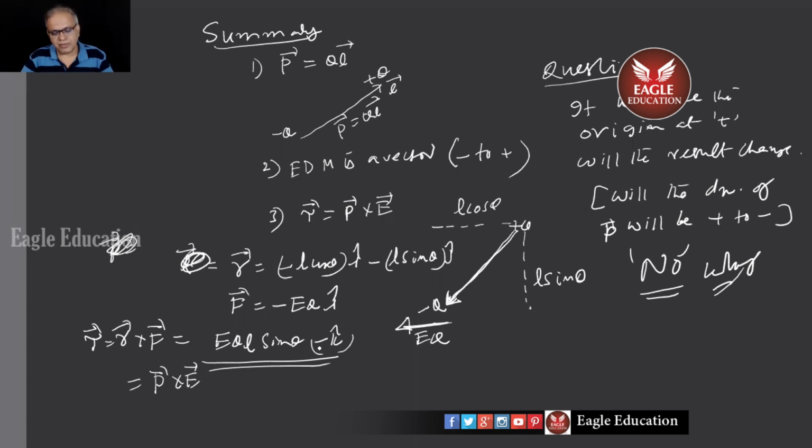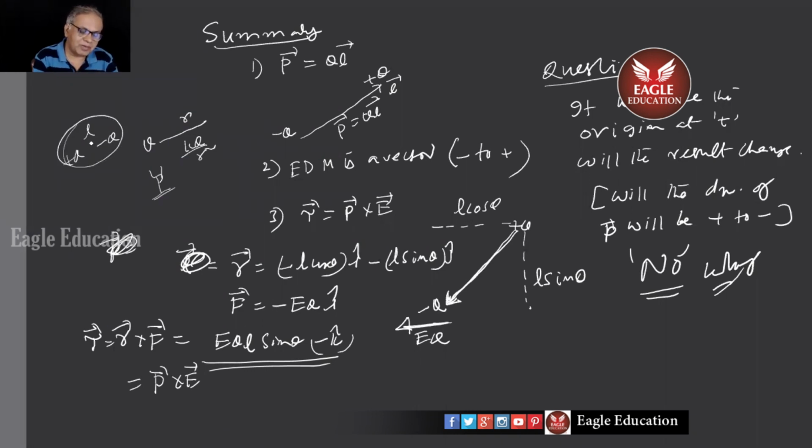But one more way, if you look at it, children, I found out the electric field at distance r, which I wrote as kq by r square. Now I would like to write it in terms of P. That's the reason why I did all these things. P takes care of both charge and the charge separation together, Q into L. Because remember, E will be changing if L goes on changing, though plus Q and minus Q are the same. As the separation increases, at a point E changes. So the effect of Q and L together in finding out E will be given by this dipole moment called QL, a new physical quantity P.